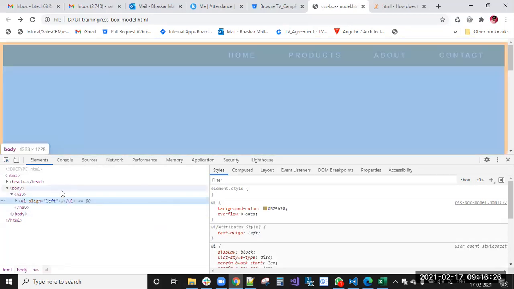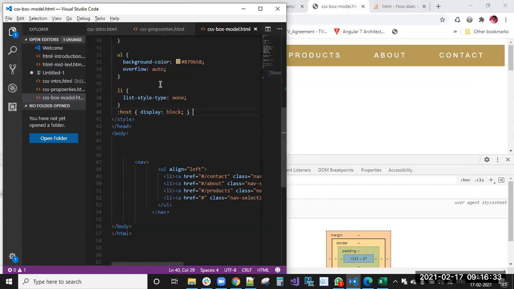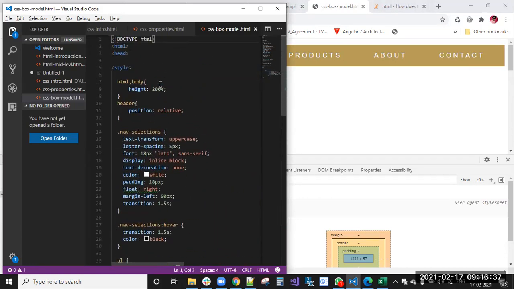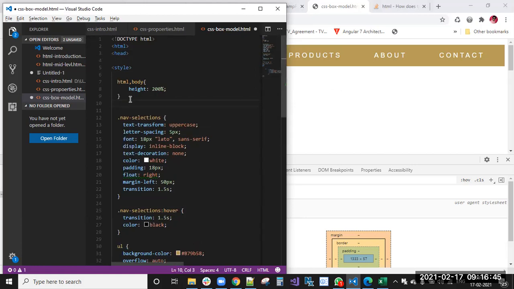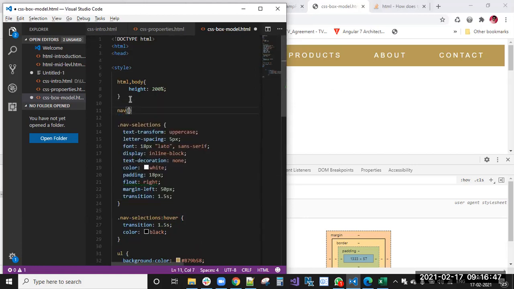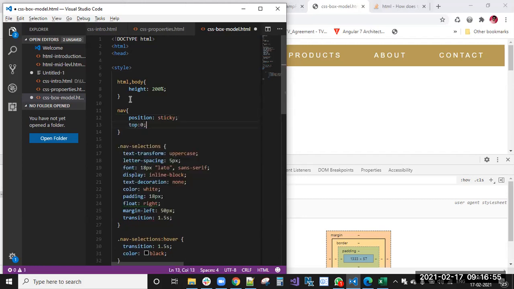Browser sticky. What is the CSS? Position sticky, top 0.